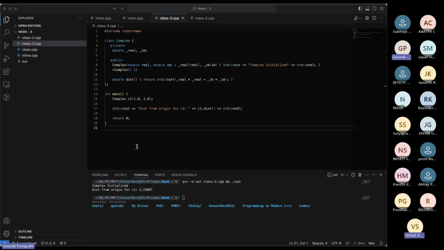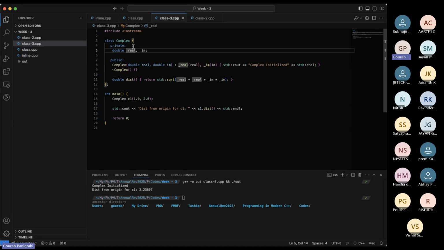नहीं नहीं कर सकते, क्योंकि बाय डिफॉल्ट वो प्राइवेट हो जाएगा। लेट्स से यू डिफाइन, यहाँ पर मैंने मान लो पब्लिक नहीं किया था, जैसे प्राइवेट किया है। एंड देन आई डिड डबल अंडरस्कोर रियल, अंडरस्कोर इमेजिनरी। ये वेरिएबल एक्सेस करने के लिए आई कैन यूज डॉट, जैसे कॉम्प्लेक्स C1 का जो ऑब्जेक्ट है, C1 डॉट वो वेरिएबल नेम, वो मैं कर सकता हूँ टू एक्सेस दिस वैल्यूज, क्योंकि वो पब्लिक बन गए, ठीक है।